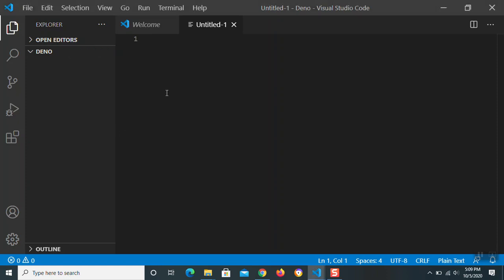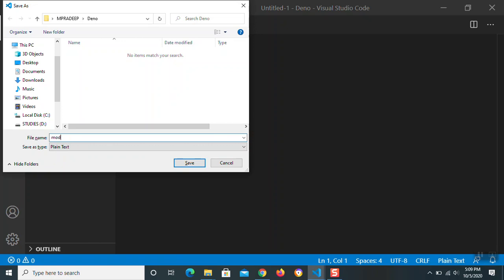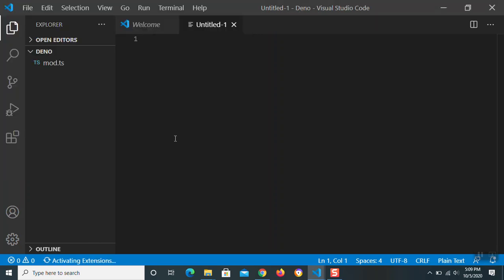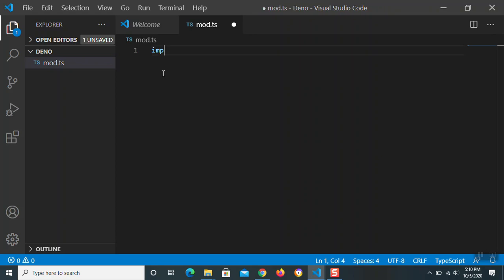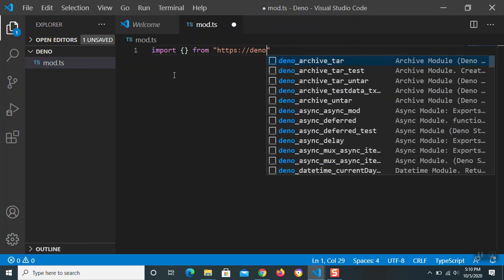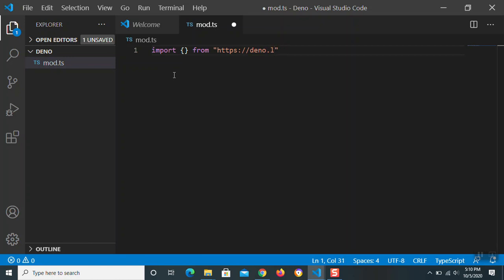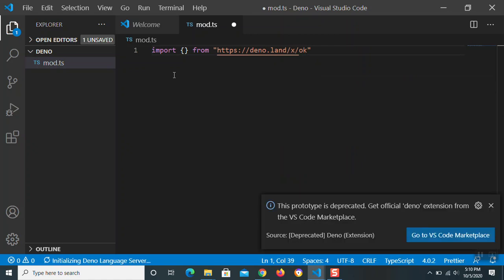Let me save this file as mod.ts. So, let's make an import from our https dinoland, we're going to import the Hawk module mod.ts. Okay,